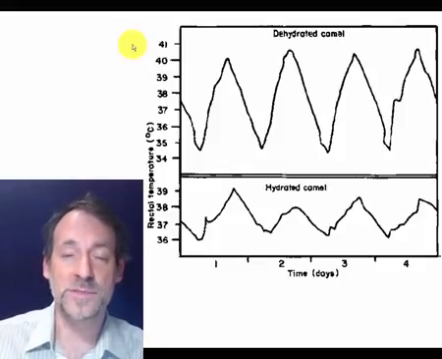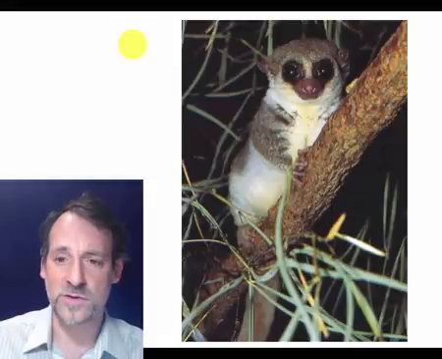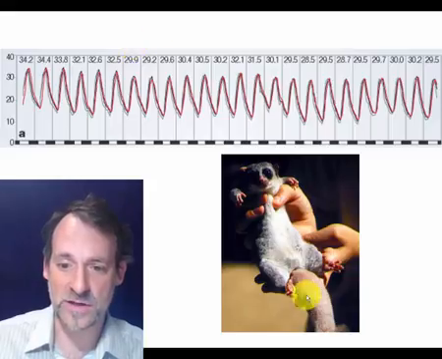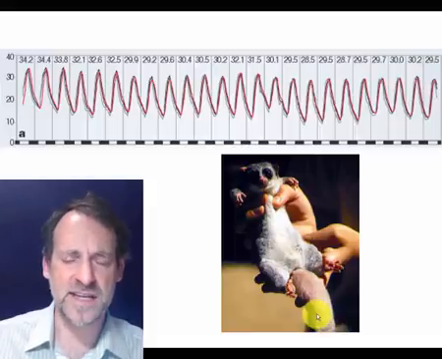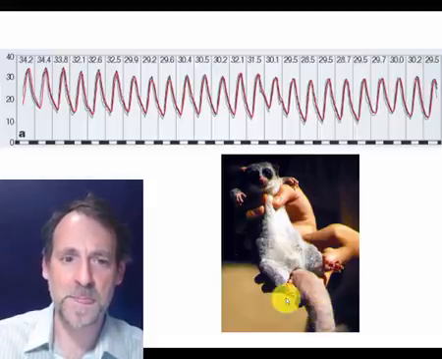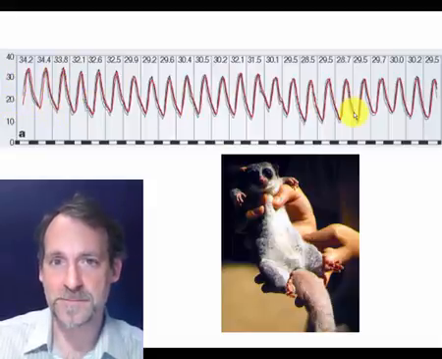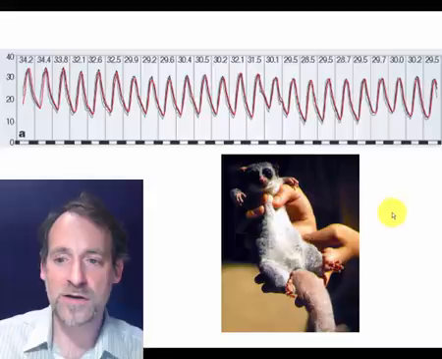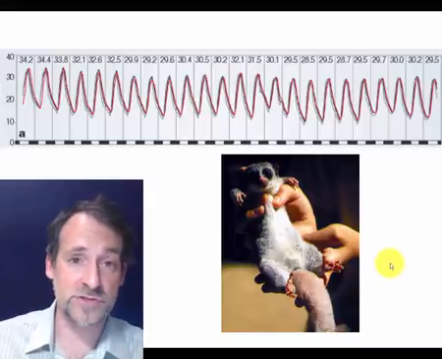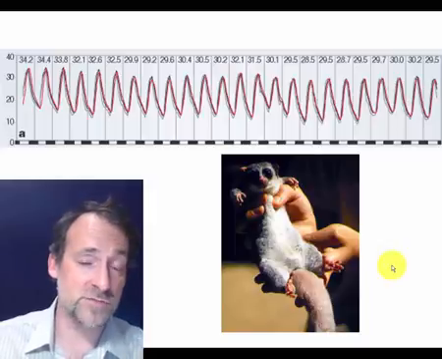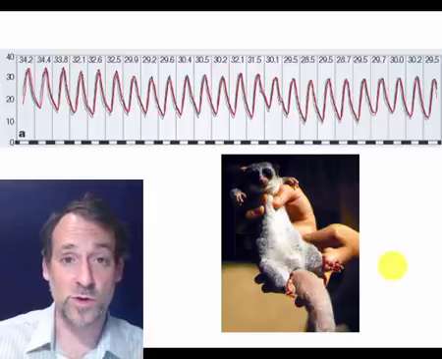homeotherms or temperature regulators. Here's another example of this incredibly cute organism called the fat-tailed lemur. Here it is with its chubby, chubby tail. That's because it keeps fat in its tail rather than insulating its body. And as a result, it goes through these wild temperature swings every day. There are a number of organisms that if they have slow metabolisms, they'll allow their temperature to drift. One of my favorites is the three-toed sloth, which has to bask in the mornings to warm up enough to